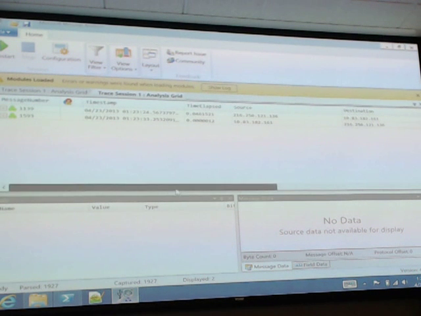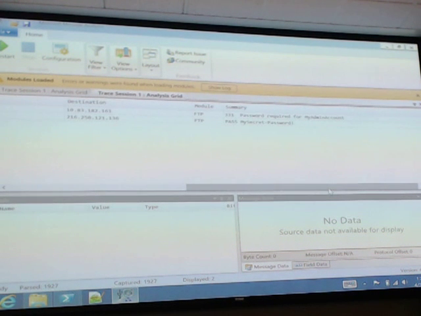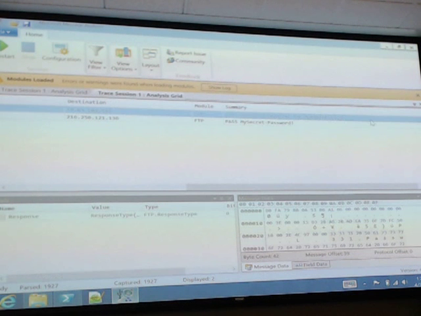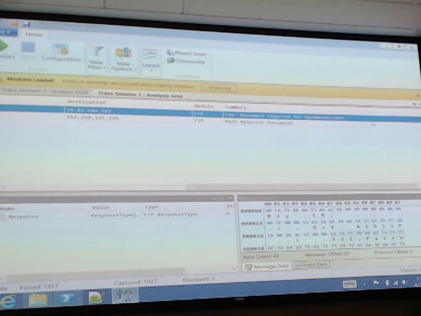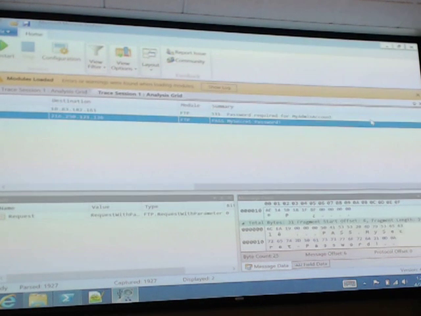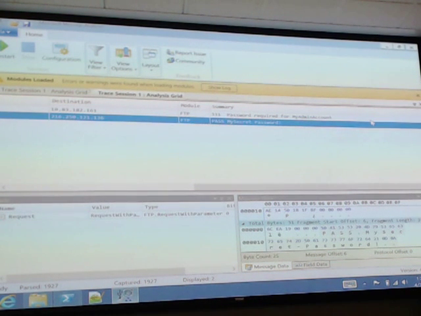Now this could have been HTTP or FTP. Turns out that I was restricted when I did that FTP just now, but it did a search against all the packets that I captured and found, hey, here's a password required, and then here's the password that I sent. So looking at all these packets with the word password in it,